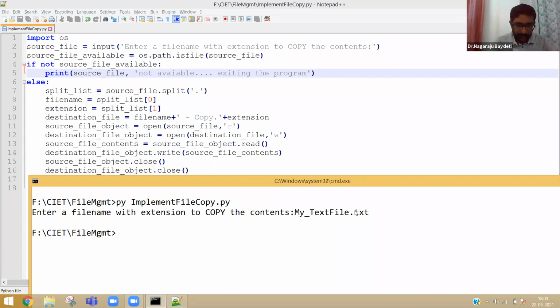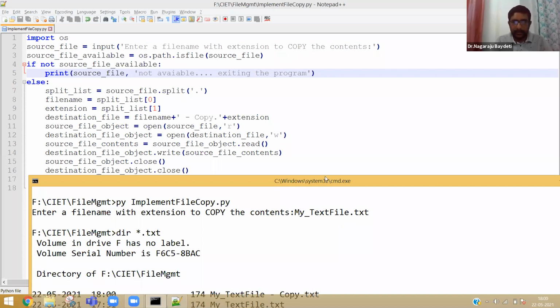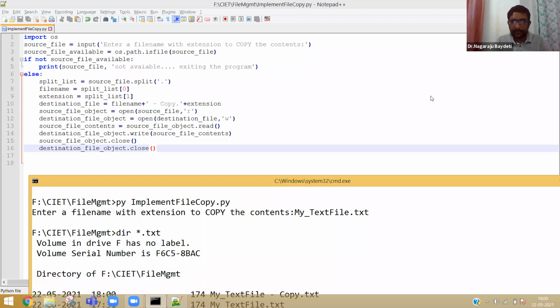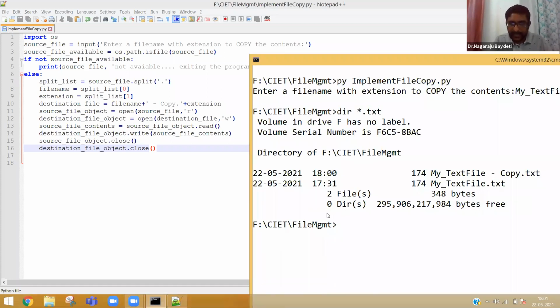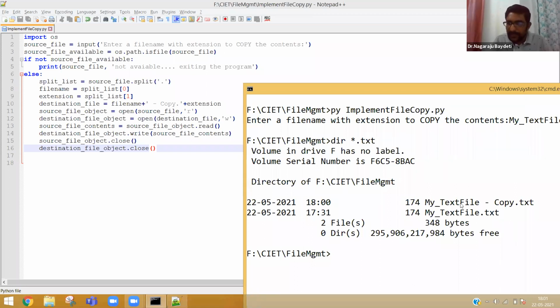The moment I enter, immediately the output came. Now dir star.txt. Everybody, you can realize from the output that now my time is 6:01. See, exactly at 6 o'clock, mytextfile-copy.txt came, and both will be exactly one and the same.